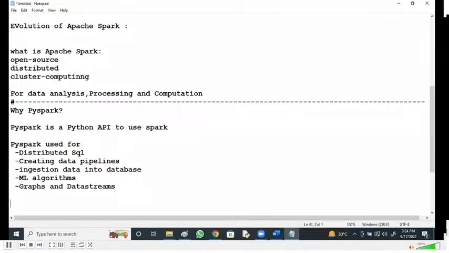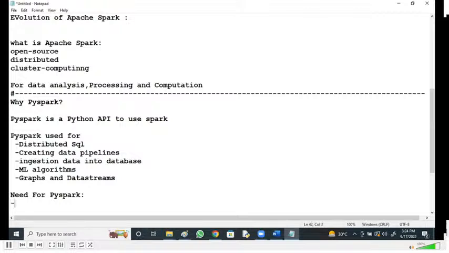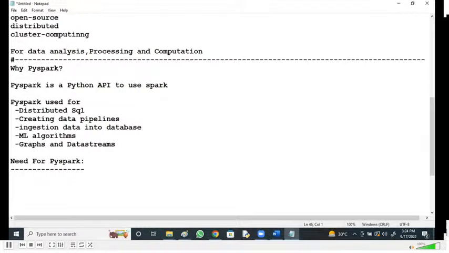So what is the need for PySpark? A large amount of data is generated offline and online. Today data occupies multiple formats, of different types: structured, in the form of rows and columns; semi-structured, which is not fully structured; and unstructured, such as images, videos, links.